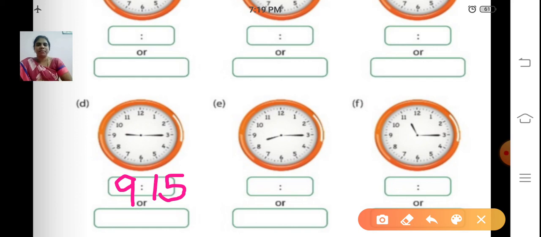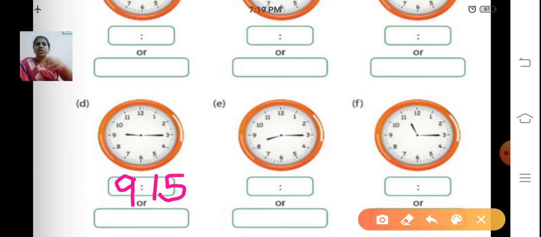If it is at 2, 10 minutes. 2 into 5, 10 minutes. You are going to multiply the number it is showing. Just see the longer hand. That number you are going to multiply it by 5. Okay, now it is at 3. So we are saying 15 minutes. If it is at some other number, what we have to do? So that number multiply it by 5. So that you will get the exact minutes.